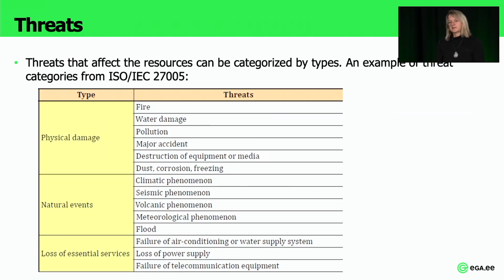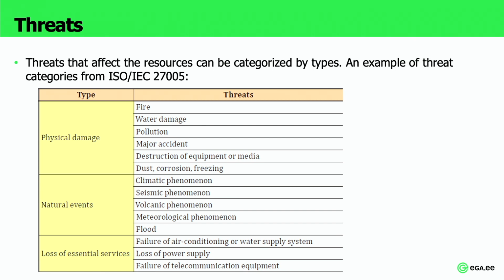International standards give us good advice on what kind of threats we can face. So there is no need to figure out ourselves what today's risks to cyberspace are. Here is an example from the international ISO 27005 standard. This is only part of the threats that are described in that standard. So when you are starting to analyze your systems, please use these international sources of information.